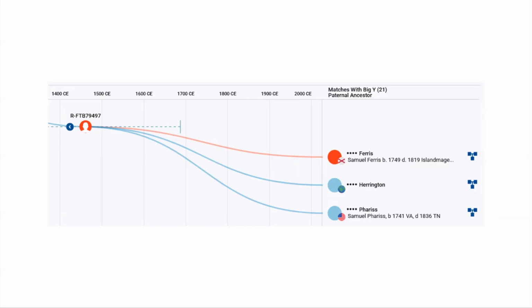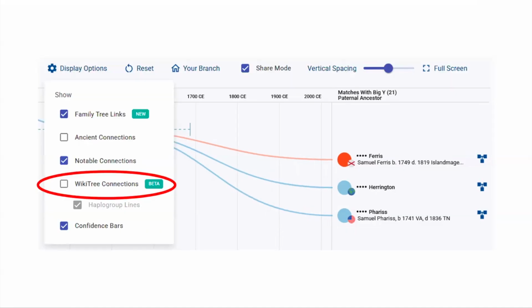And so how do you do the overlay from Wikitree? If you go up to display options, which is up at the top of your match time tree, and this is only available in match time tree, and then you go down here, it says Wikitree connections, and it's still in beta. So you just click on that and